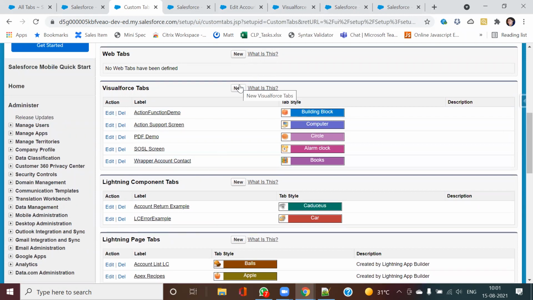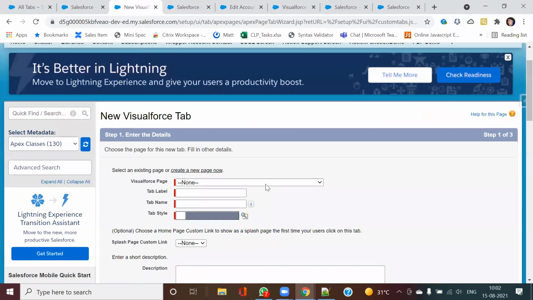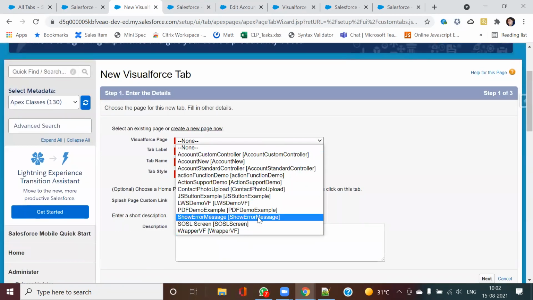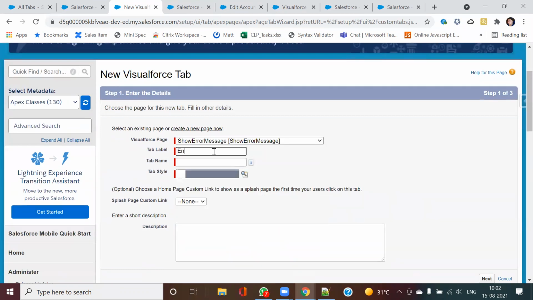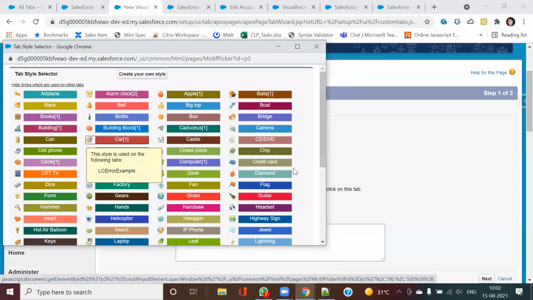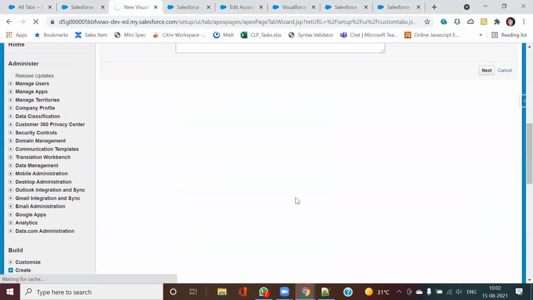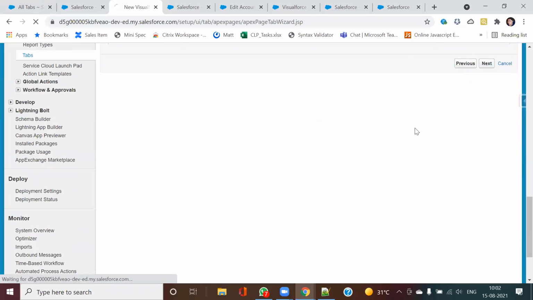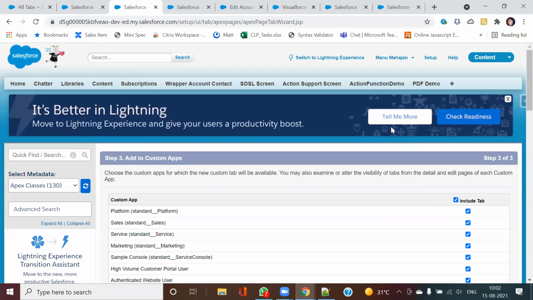Maybe I can check it here. Okay, PDF demo is here. Yeah, I didn't create the tab. These are a large number of tags. Mainly in VF, I told you the basics. So it's just like what tag you need according to your requirement.